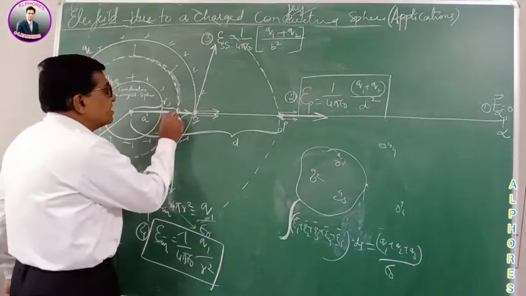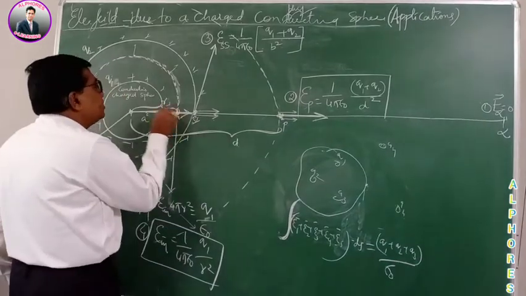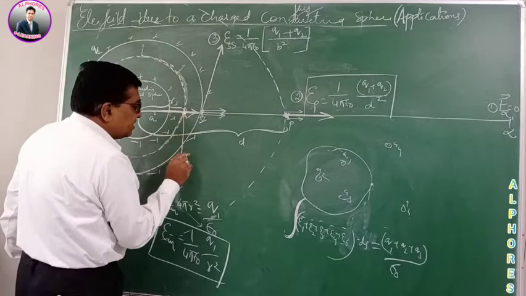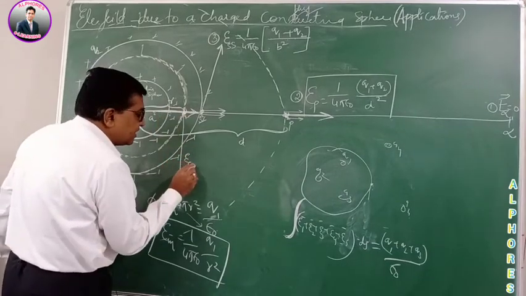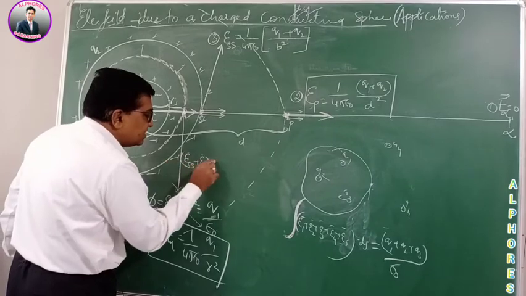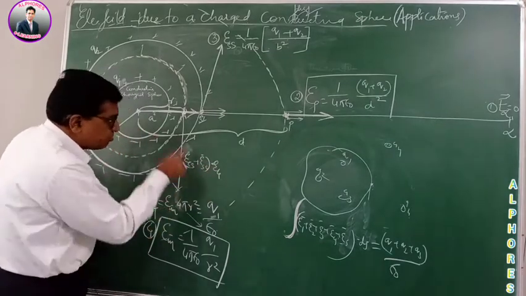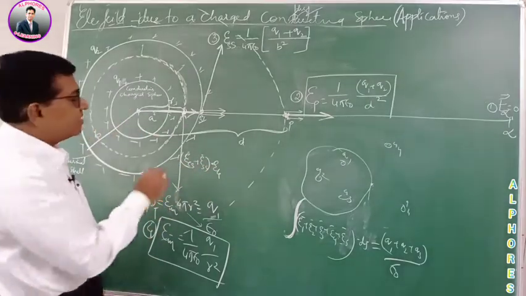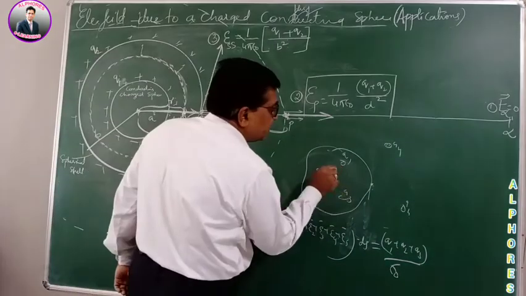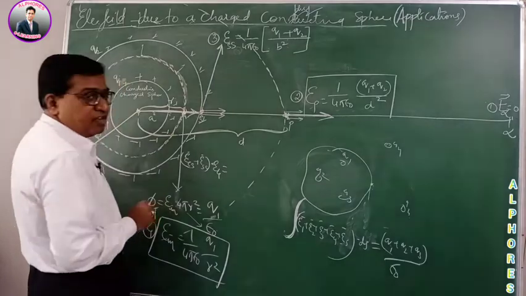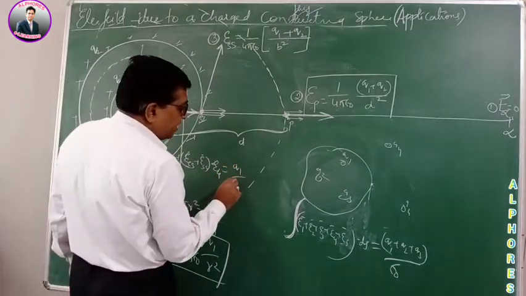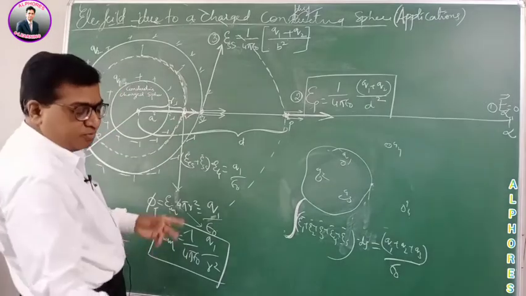So here, if I apply this, the field is due to both this as well as this. So the resultant field due to both the conducting sphere and the spherical shell is E4, the field at this point. But when I apply Gauss law, I have to consider only the inside charges. So the charge inside this is only Q1 by epsilon, into 4 pi epsilon.